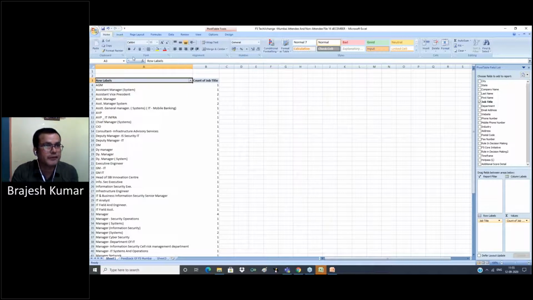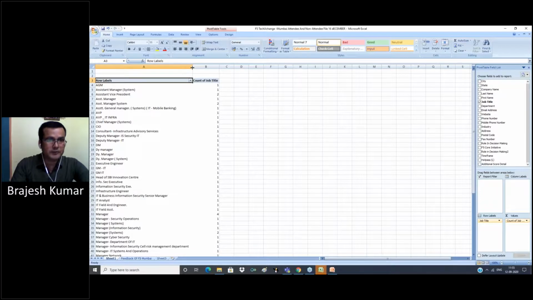for which we use our data, and also to generate our report. Sometimes we use a pivot table to show a report of our calling status, the strength of our database, and the updation of the database: how much data is updated and how much is not updated. Mainly, a pivot table summarizes your database.